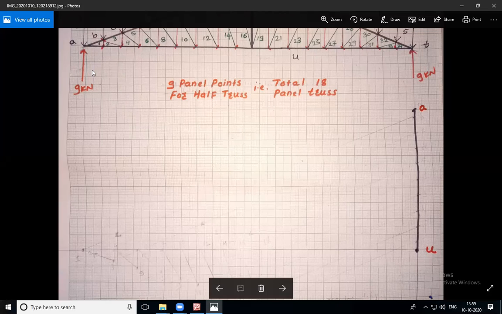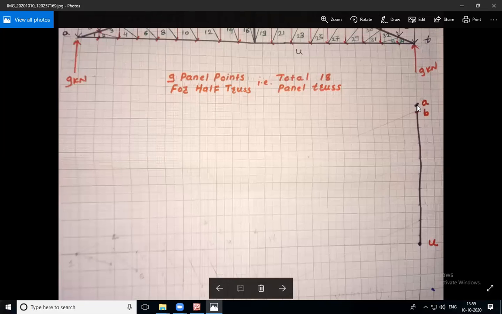So to locate the point B on this figure, we have to move in the downward direction. Why? Because the load is acting in the downward direction. Now starting with A, move in the downward direction and locate point B. How much do we have to move? 0.5 centimeter. Move 0.5 centimeter, locate point B. After the location of point B, our figure will look somewhat like this. 0.5 centimeter downward, location of B.